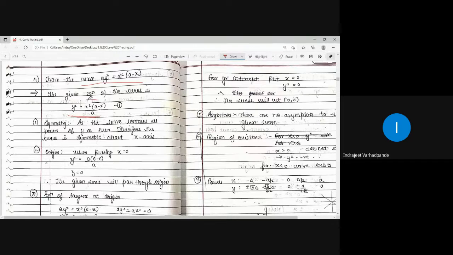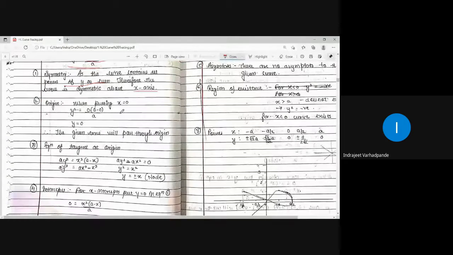After the simplification of this particular numerator, I observe that only an even power of y appears, and the power of x is odd, that is 3. So therefore, since the curve contains even powers of y, it is symmetric about the x axis. Accordingly, when we put x is equal to 0, you get y is equal to 0, so the curve passes through the origin.